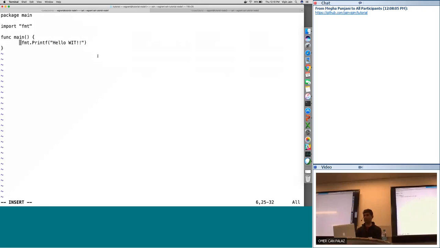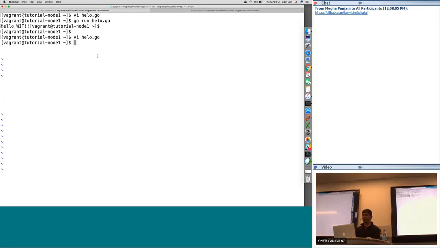Okay, very simple application. All this application is doing is printing something out. It could do all kinds of processing and then do whatever it needs to spew out. We'll look at the logs, how to monitor the logs, and all those things. So I wrote a very simple application called hello WIT. This application can run on my VM right now, but it's not containerized yet. And this is how it looks. It just prints hello WIT.